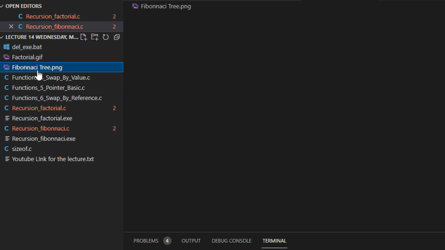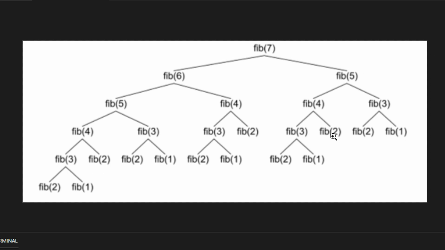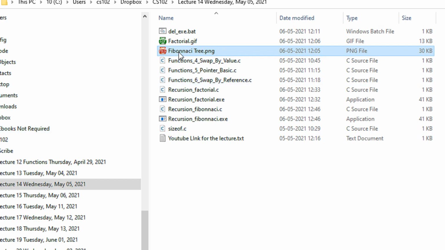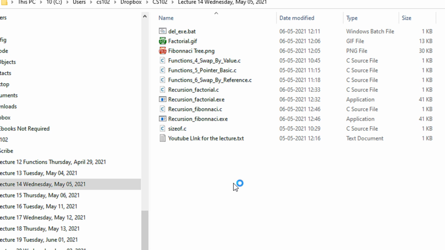So there is in Dropbox an image for the Fibonacci tree, if you can see here. So I hope this particular image is visible to you. Let me just try to open this, reveal in File Explorer.